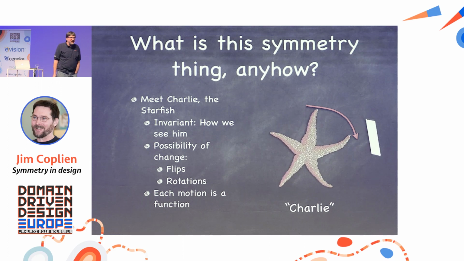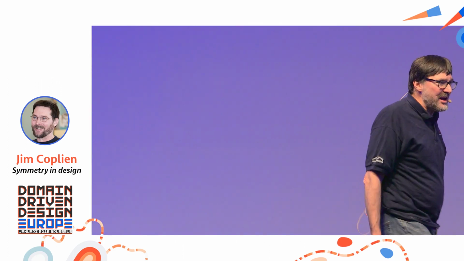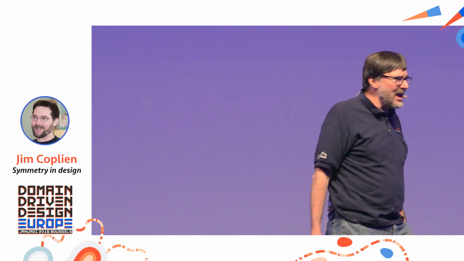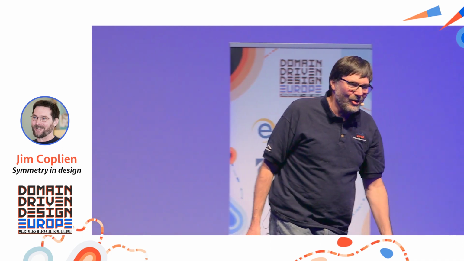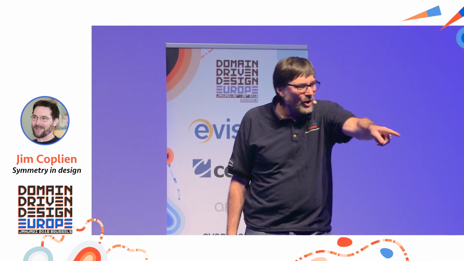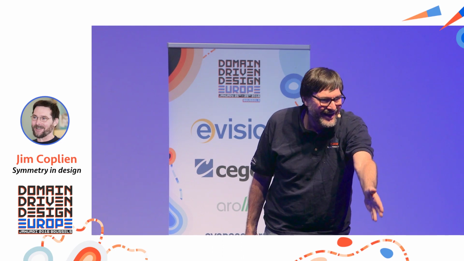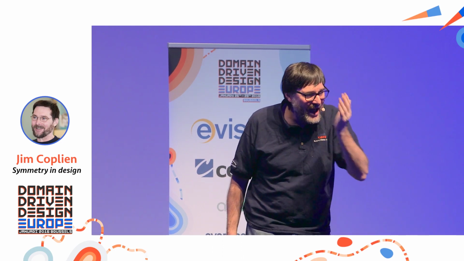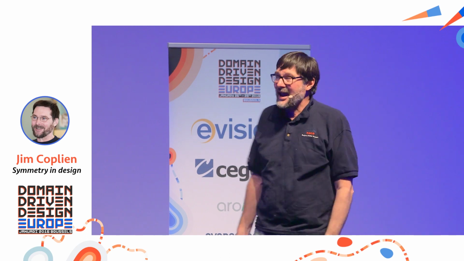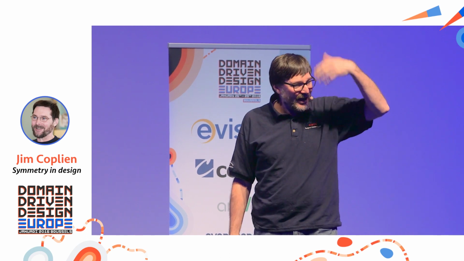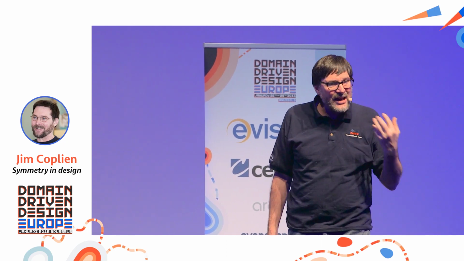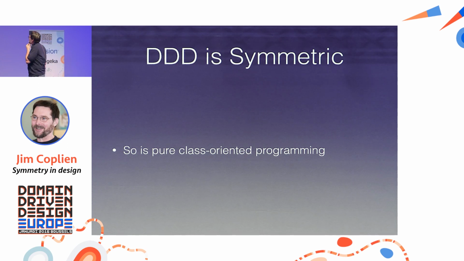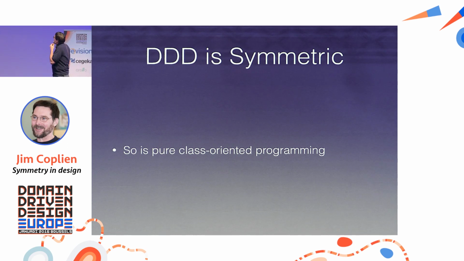So these notions of symmetry govern how we as human beings see things. And by the way, your minds love symmetry because it's efficient. So when I remember you tomorrow as the person who was sitting here in the front row, I'll only remember half of you. Because my mind takes half of you, remembers it in my mind, and then it will construct the other half from that half as a way of kind of saving cells. And so the brain loves efficiency. And that's one of the reasons we love DDD. Because DDD is a symmetric worldview.